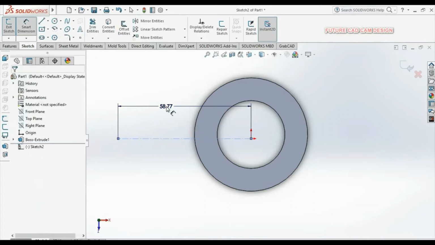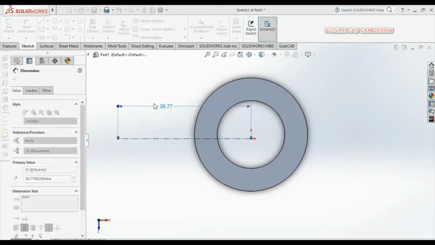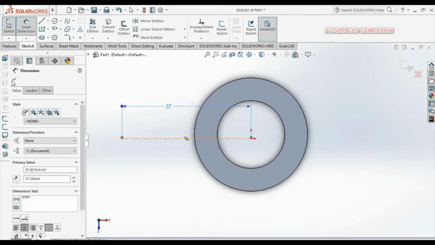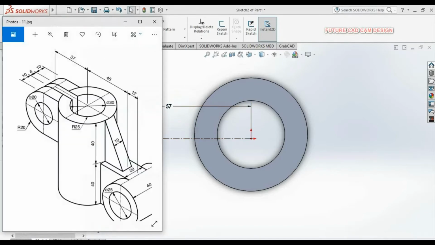So I will give the length of the center line as 57 and OK. So 57 we have made a line and we need width as 10 plus 10 plus 6. So total 26.